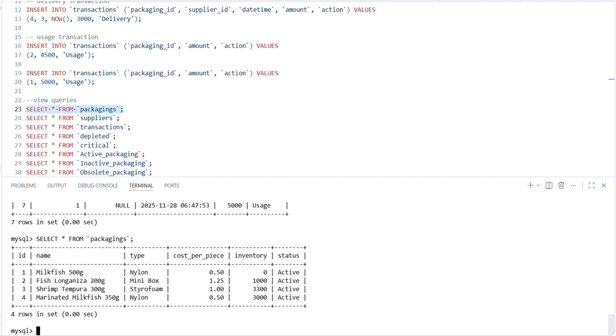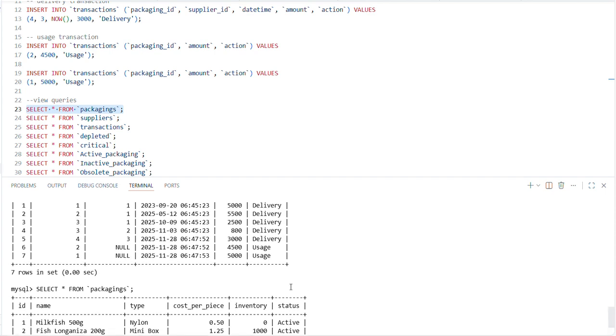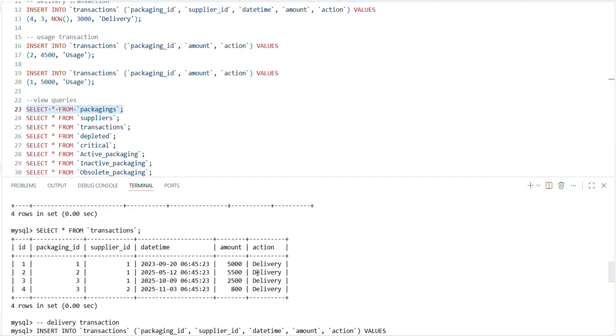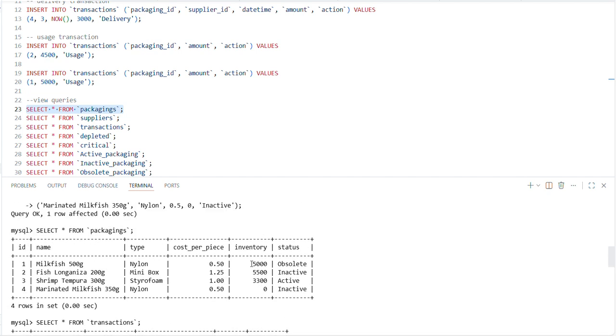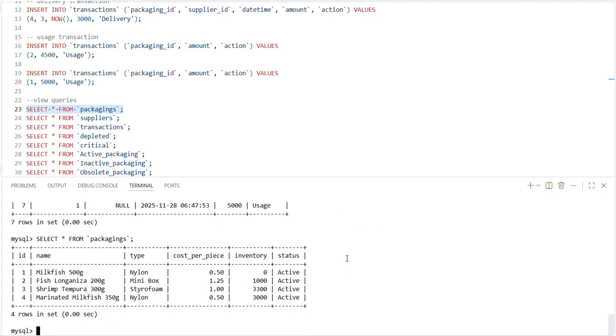And now, if we are to resend the query of the list of total packaging, we can see that the packaging table was updated. If we trace back, packaging 1, for example, used to have 5,000 pieces of current inventory with an obsolete status. But we can see that it automatically updated into 0 current inventory with a status of active,